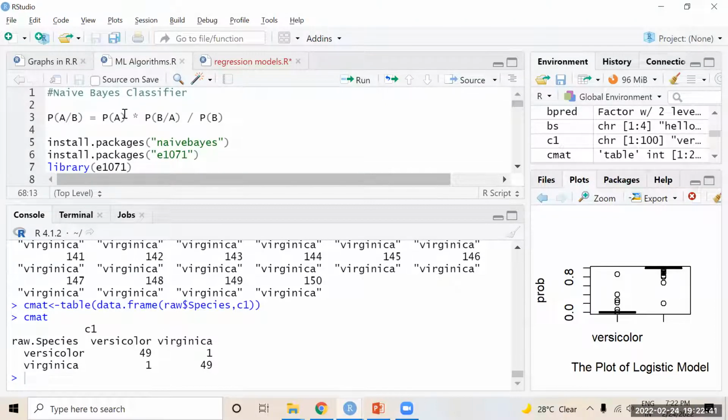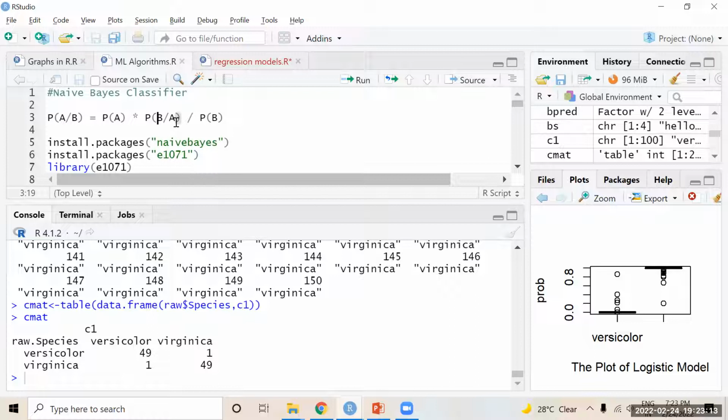Now, okay, the naive-Bayes classifier is also a classification technique. It is purely based on probability, exactly on conditional probability. For that, this is actually a mathematical equation. But in the analytics part, we have to convert this into a hypothesis. For a given input vector, what will be the class or category for the selected attributes?